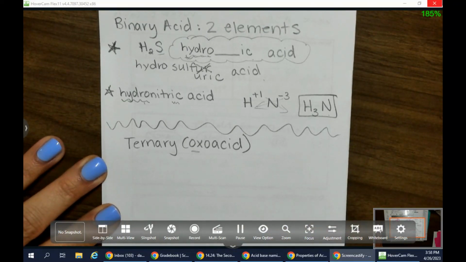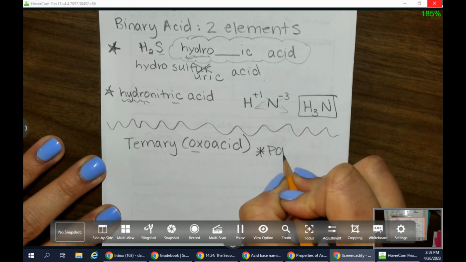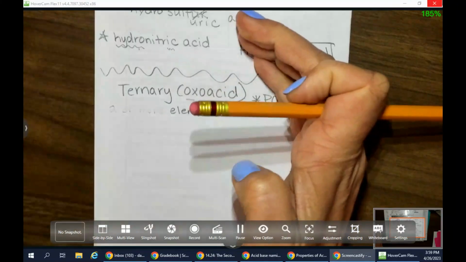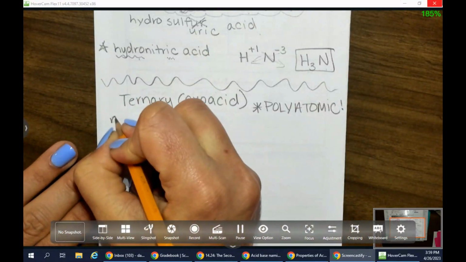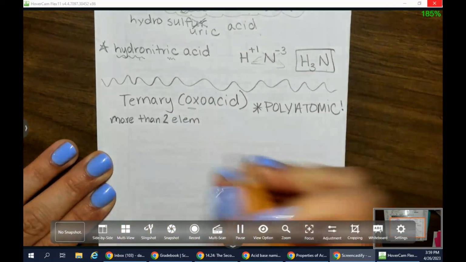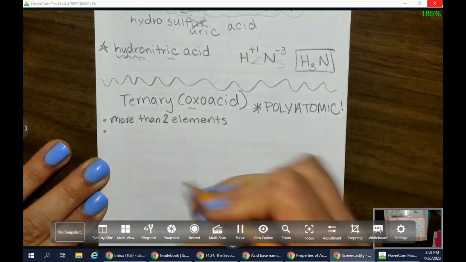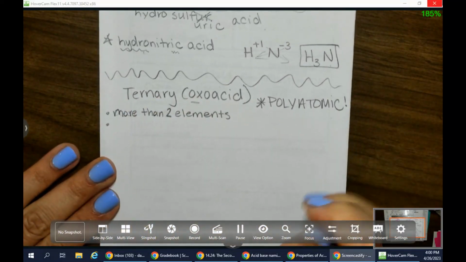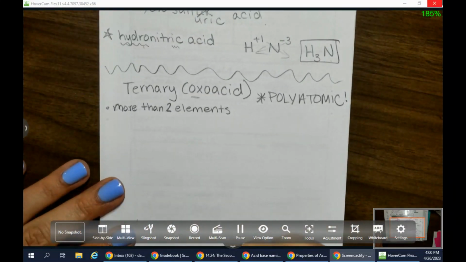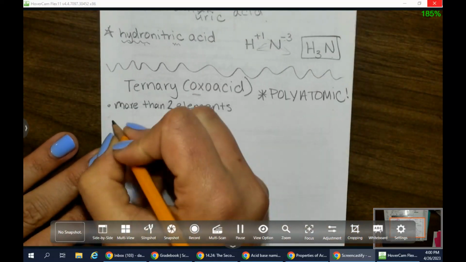So for us, when you're talking about a ternary acid, you're talking about something that has a polyatomic ion, more than 2 elements. It usually has oxygen involved in it. All right, so the rule for this is going to be